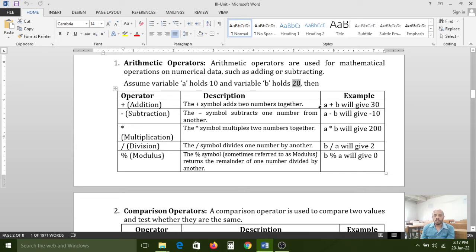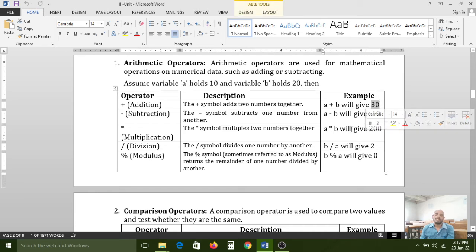These two are numeric operands, so the result will be 30. 10 plus 20 is what? 30. Like that, subtraction, multiplication, division, modulus. These 5 arithmetic operators can perform the operation on numeric objects, numerical data.